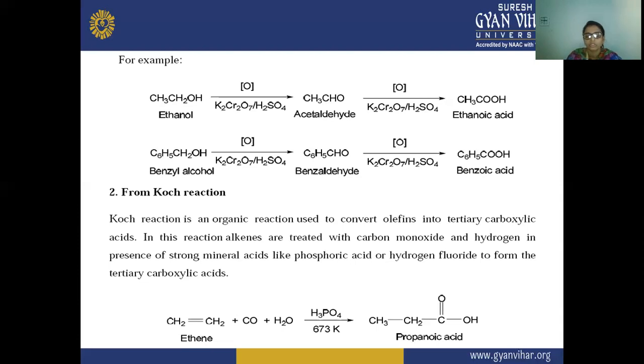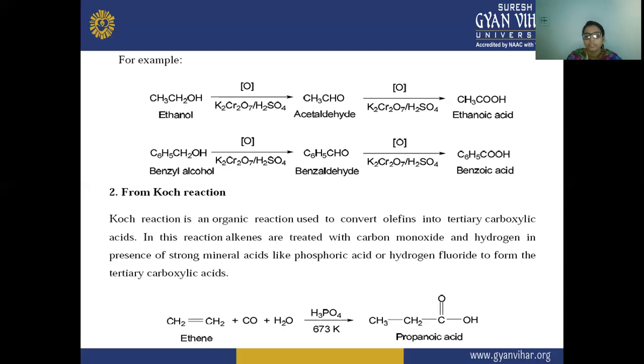So the Koch reaction is an organic reaction used to convert olefin into tertiary carboxylic acid. Here, olefins means unsaturated compounds, or you can say alkenes. The alkenes are also known as olefins. So these olefins are converted into the tertiary carboxylic acid, and in this reaction